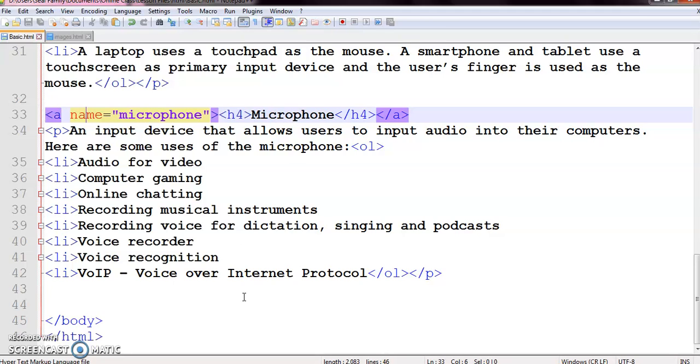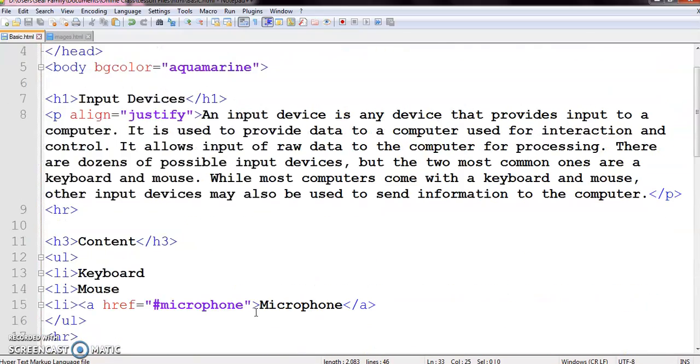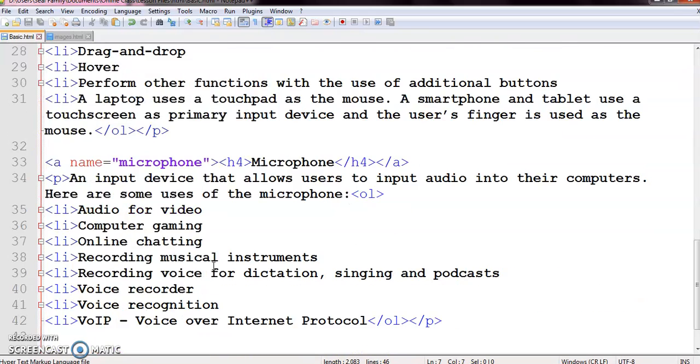Now there is another approach using which you can create a bookmark, that is the ID attribute. But the ID attribute I will provide only to the section to which it will jump. I am not going to use the anchor tag anymore. I am using the ID attribute of the element to which I am going to jump. Suppose I am going to jump to the input devices, when I provide a link at the bottom of my web page. So first let me provide a link here.